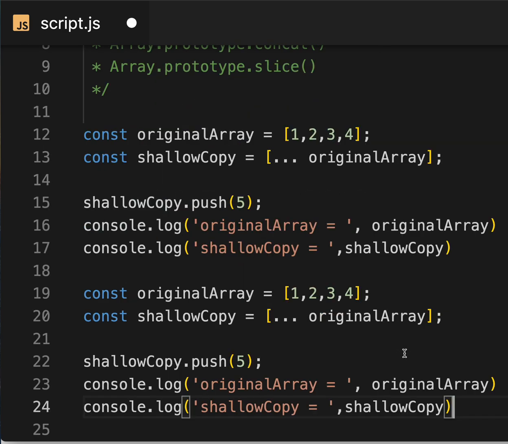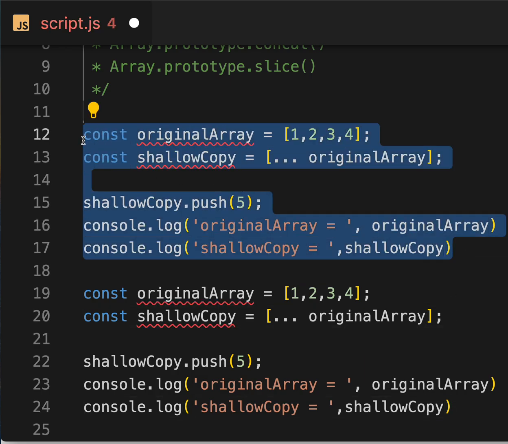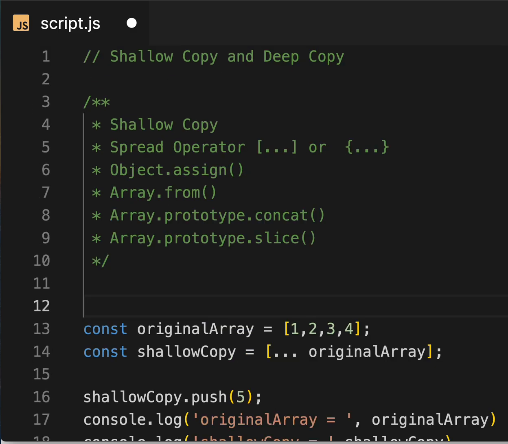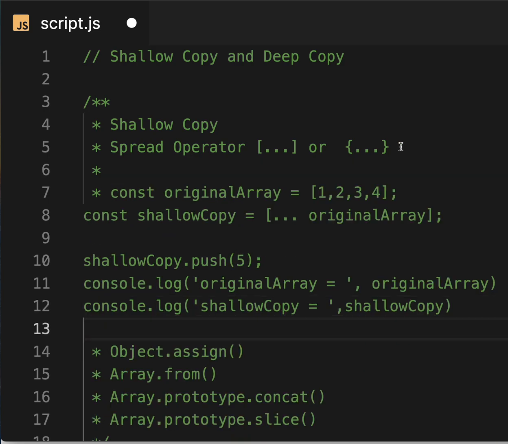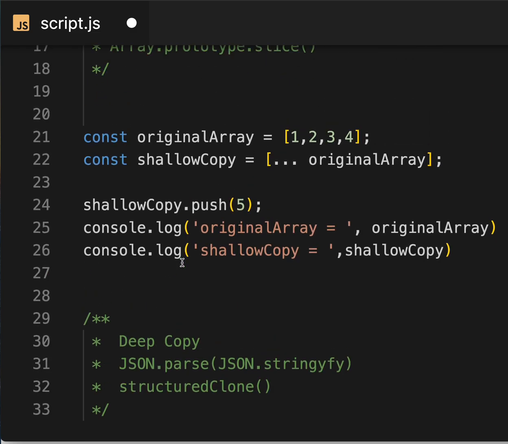Let's copy this and put it in a comment, because we already covered the spread operator, and I'm going to keep the code here for later reference. Perfect. So we have original array and shallow copy, and we are going to achieve this via